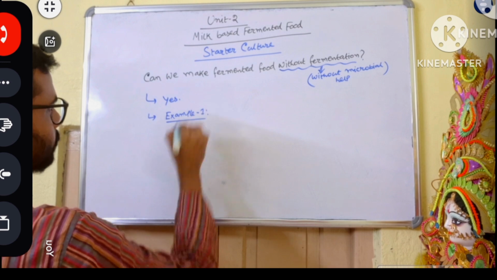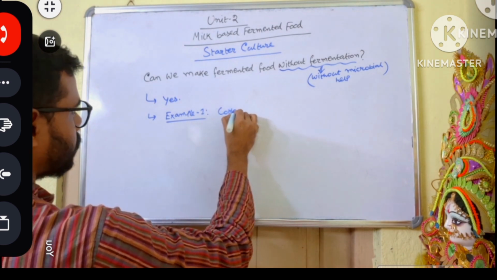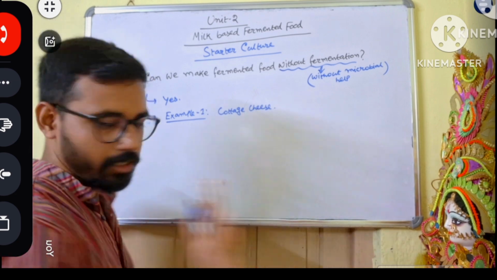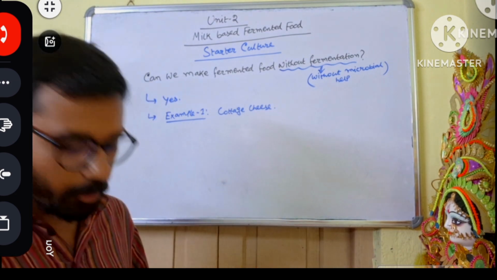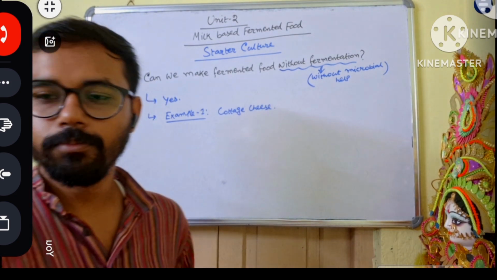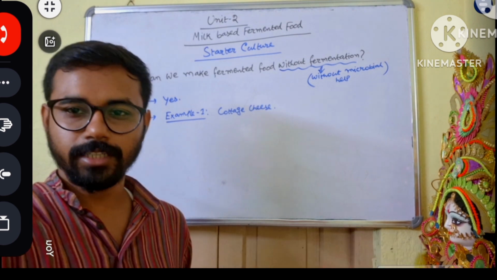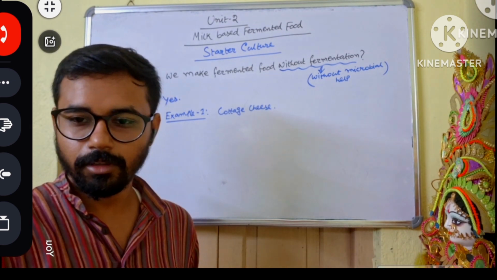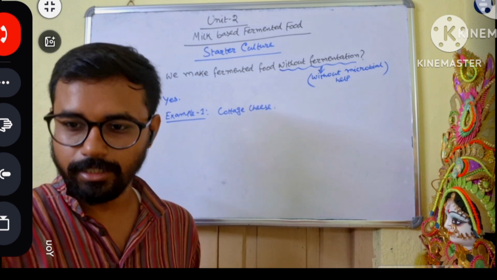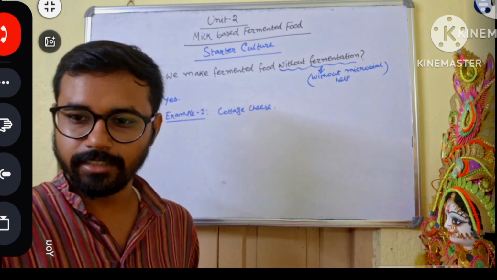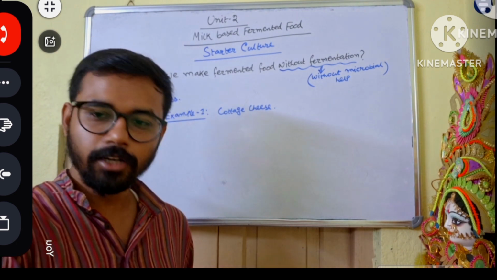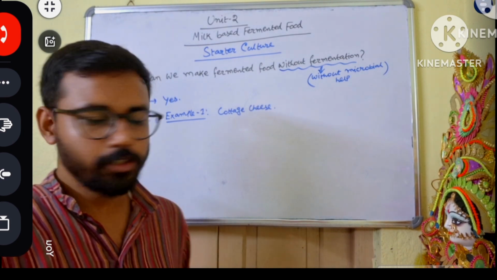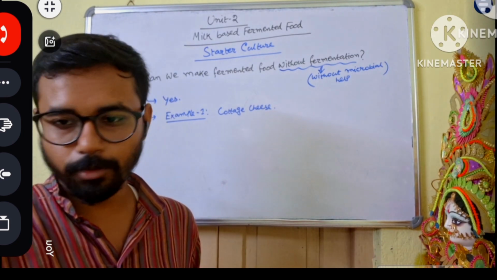Cottage cheese. What is cottage cheese? Basically the paneer. During paneer making at home, do you think the culture is added? So what do you add? Just an acid, citric acid. You can use raw lemon also. So cottage cheese is a fermented food product,